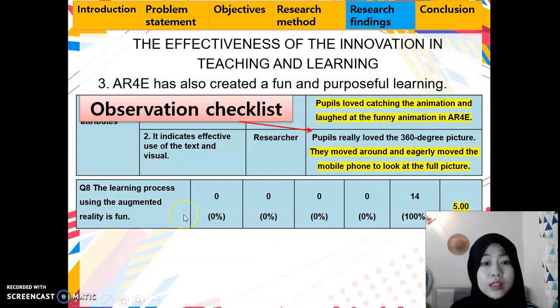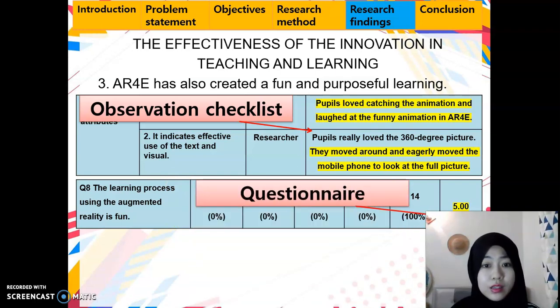When I wanted to get the feedback from the pupils, this questionnaire was employed, in which they fully agreed that the learning process using augmented reality is fun. As you can see here, the mean score is also quite high, which is 5.00.